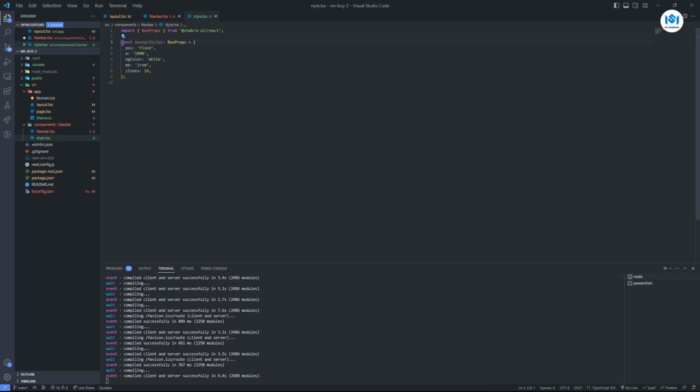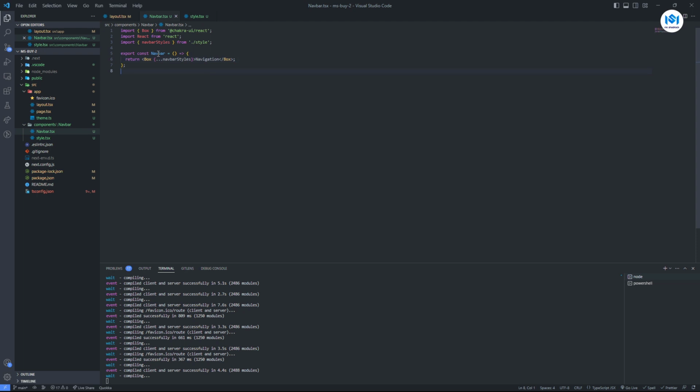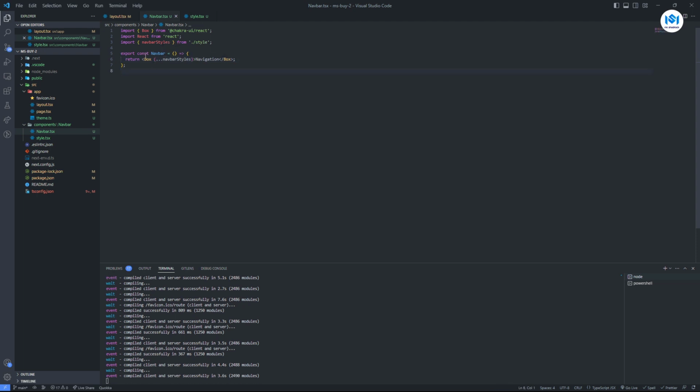I have to make sure I am exporting this so that I can import it here, and then I can use it here like this. Alright, so this makes my component look simpler instead of having a lot of styles. If I have a long list of styles defined here, it's going to make my component look very, very long. So I prefer to have it defined in styles just to separate concerns,